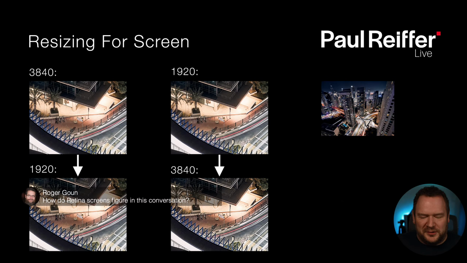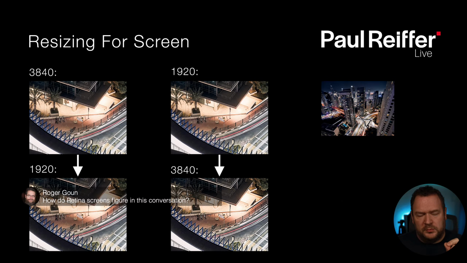Apple coined as, I guess, a trademark, or well, anyway, I'm not sure if they trademarked it. Basically, anything above, I think it's 226 pixels per inch, which was seen as, at a reasonable viewing distance, because remember it changes with something called arc, your eyes cannot perceive a pixel. So an iPhone screen may be 230, 260, 300 pixels per inch.